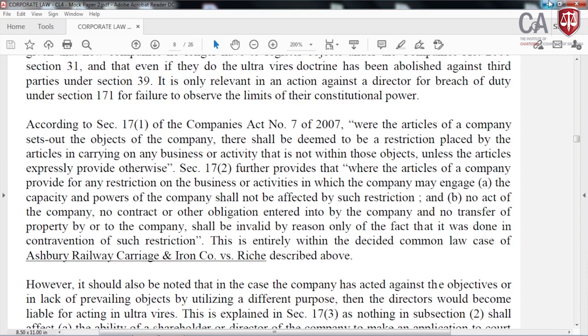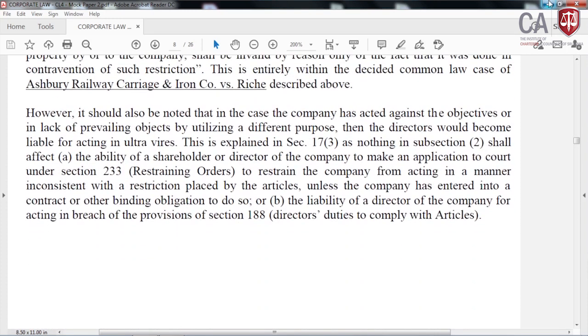And then I went on to discuss the common law situation that prevailed earlier, and getting back to our statutory law, which is the Companies Act number 7 of 2007, I tried to analyze and argue how we are going to come to the conclusion, the answer rather. So I mentioned that, however, it should also be noted that in the case the company has acted against the objectives or in lack of prevailing objects, utilizing a different purpose, then the directors would become liable for acting ultra vires,